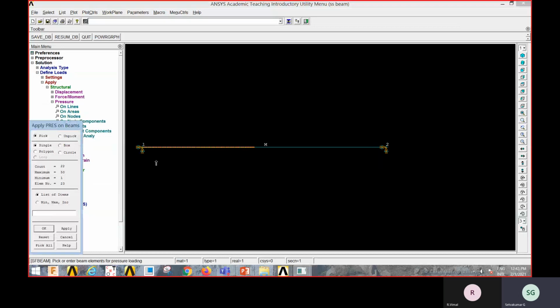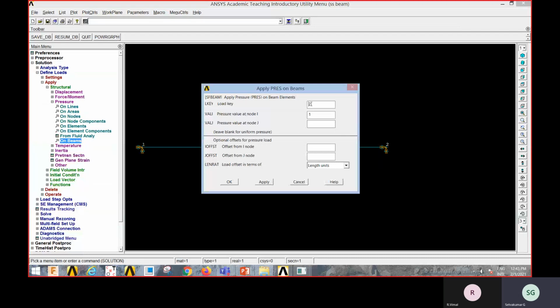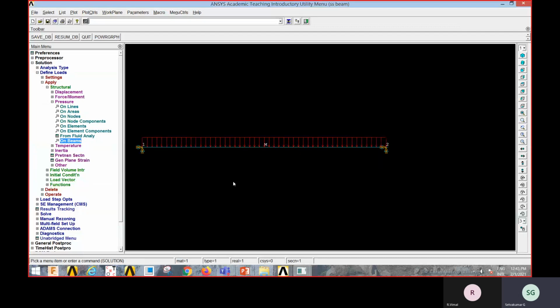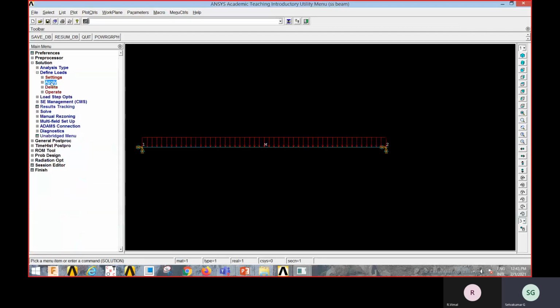All the elements have to be selected. You see the counting. Count is increasing. Okay, 50 is reached. Now click on OK. So 2 is y direction, load is in y direction, downward direction, and the magnitude is 1 Newton per mm. It is applied. Since everything is over, now you can solve the problem.